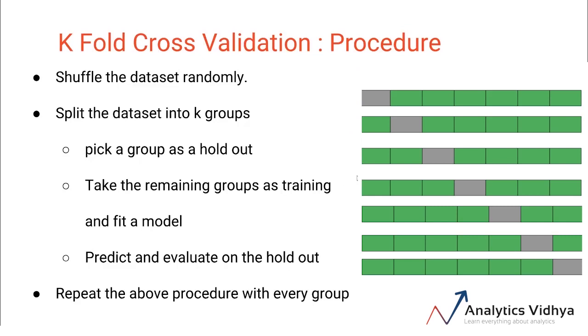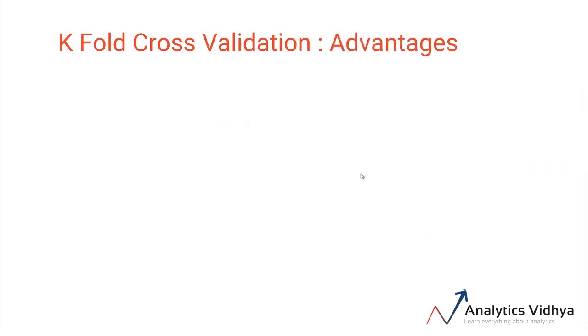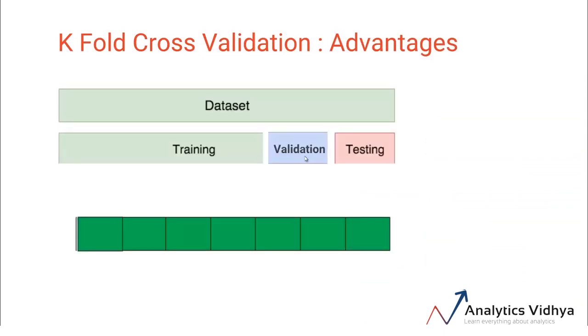So basically what we are doing here is dividing up the dataset into groups, and we are using one group at a time as the validation set and the rest for training. In the next iteration, the validation set changes. So how does k-fold cross-validation solve the issue that we encountered? In the case of the holdout validation technique, we keep a part of the data aside, while that is not required in